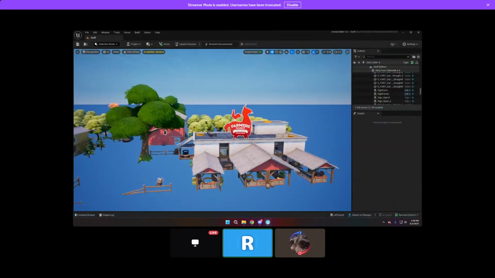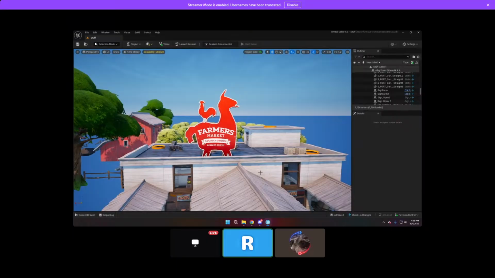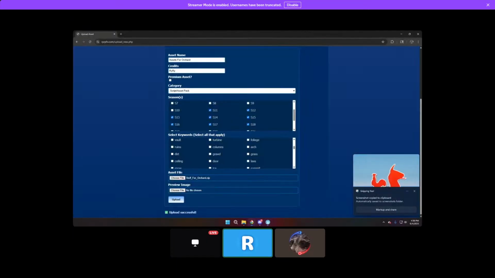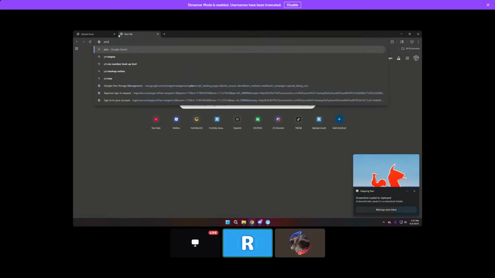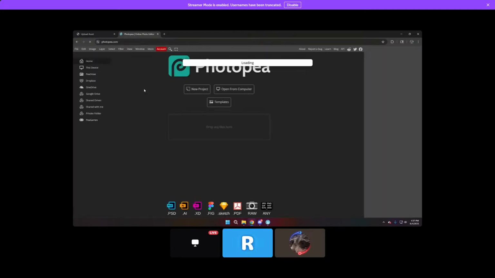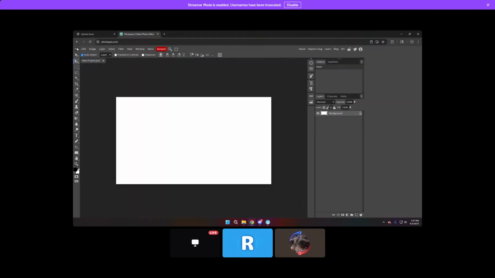Just zoom in on the sign, so you can get a preview of what's in it. Or maybe you could put a duplicate of the sign and everything right next to each other. It doesn't matter, you can upload any size.